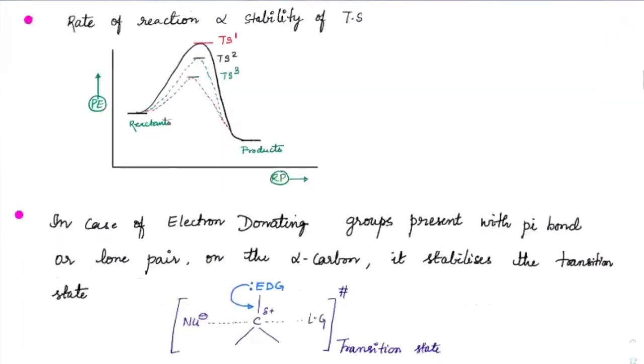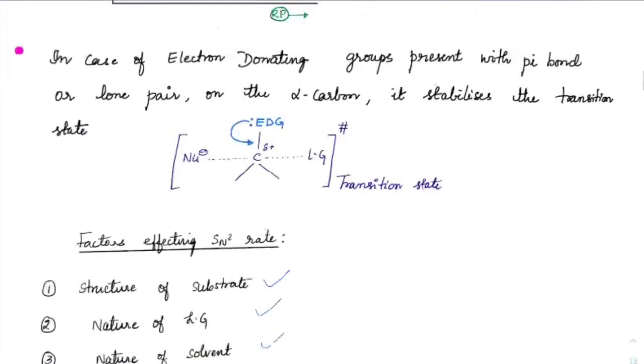Last thing we studied: SN2 is a kinetically driven reaction, so if there is any chance by which you can decrease the energy of the transition state, it will take that path with the lowest transition state energy. In certain cases, suppose at the alpha position with respect to carbon, if there is any lone pair carrying group, then that will support the transition state and increase its stability. So the transition state stability will always increase.